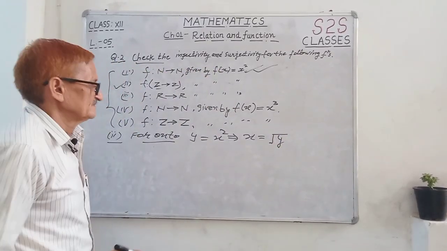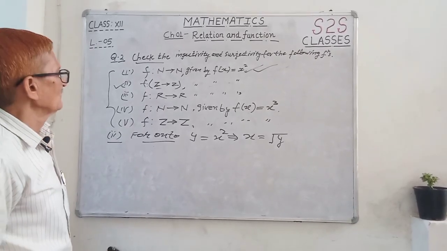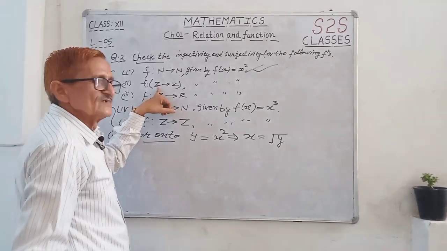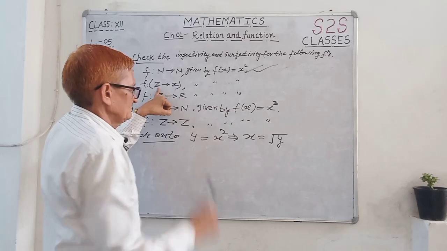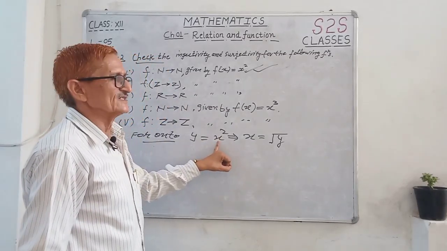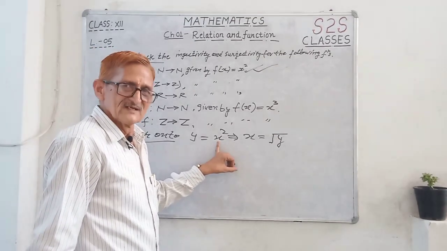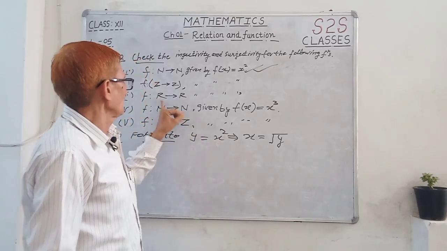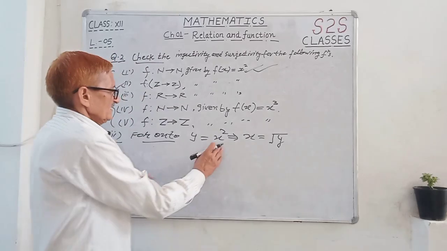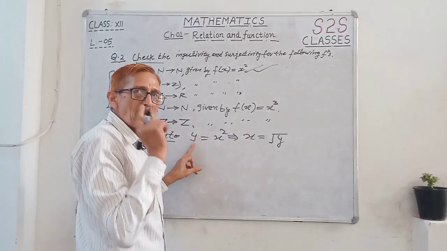And what are the y? x square is equal to y, x is an integer. The square of the integer is y. So what is the square of minus 1? 1. Square of minus 2? 4. So positive only. And positive squares: 1 square 1, 2 square 4, 3 square 9. This means x square value is equal to y, so y is only positive